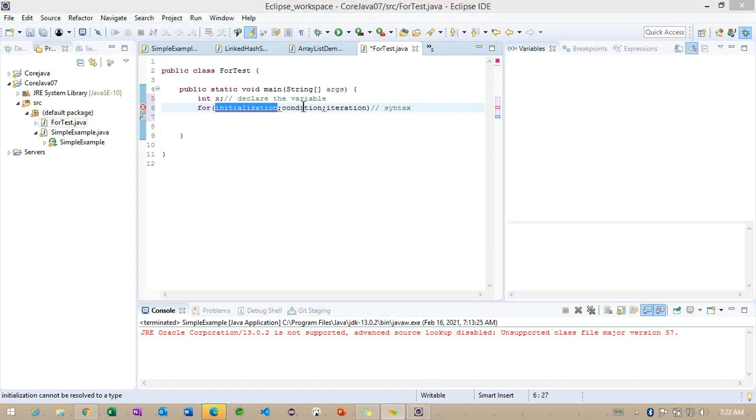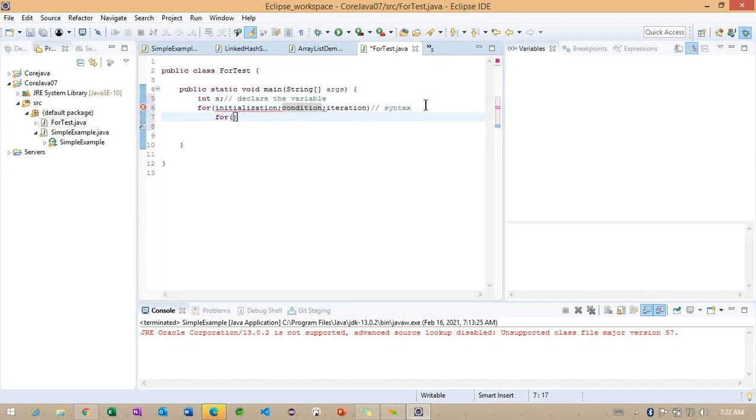Now back to this particular condition. This loop is going to repeat multiple times, and we want to stop on some condition. Getting the point? So we need to make some condition here. Iteration is based on the increment value or decrement value, how many times we are going to loop this particular loop.